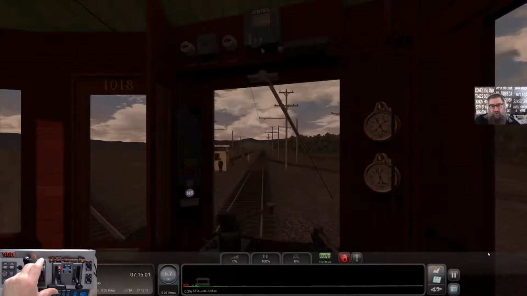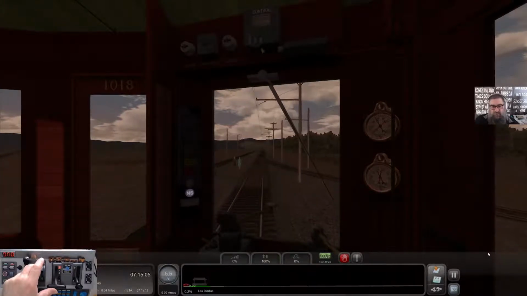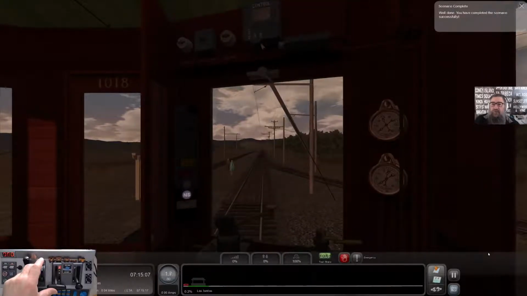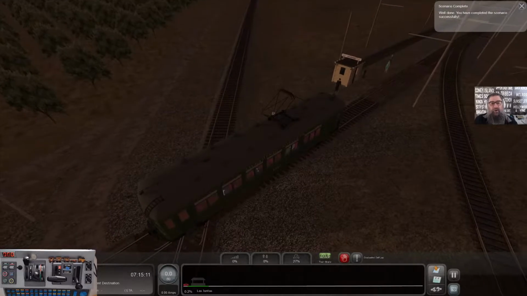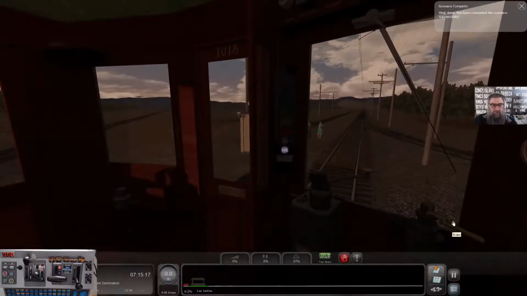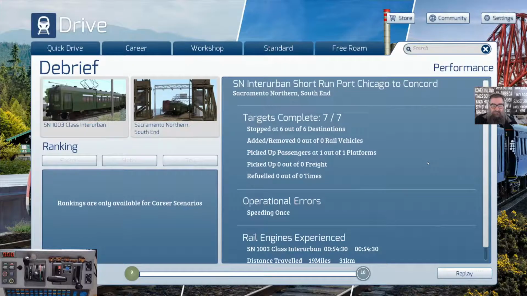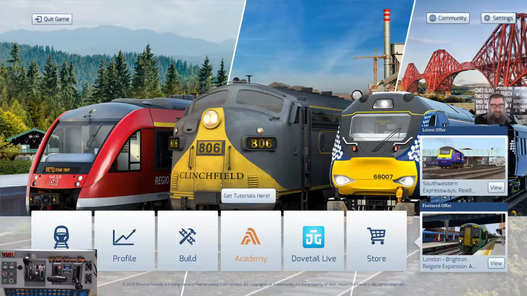Sorry passengers, even though you're all gathered here, end of the line. This is the end of today's run. And did it just stop me in the middle of the other track? Look at that. All right then. So we've completed the scenario. And even though it's a bit daggy that it stops there,